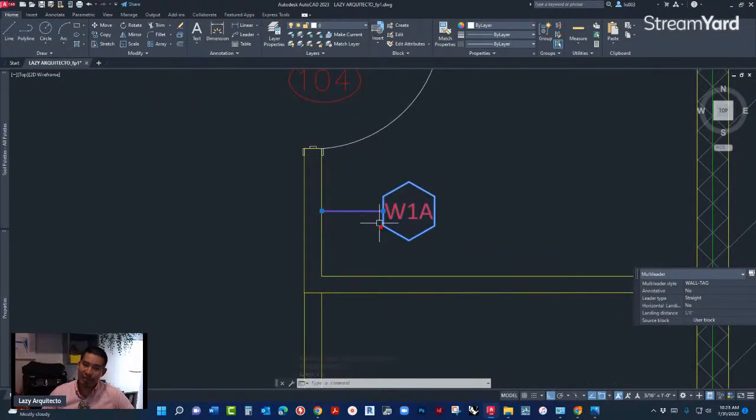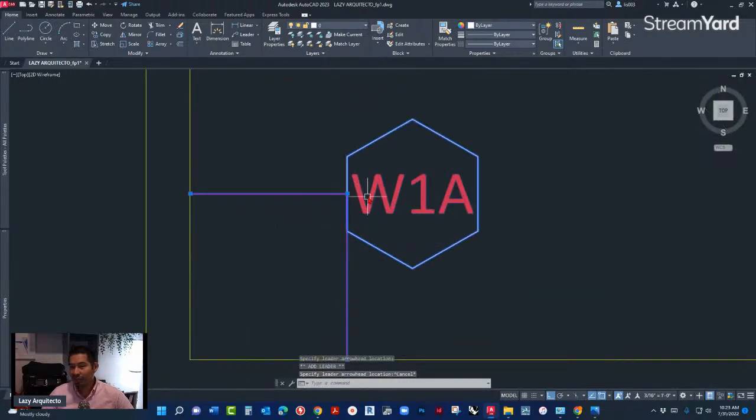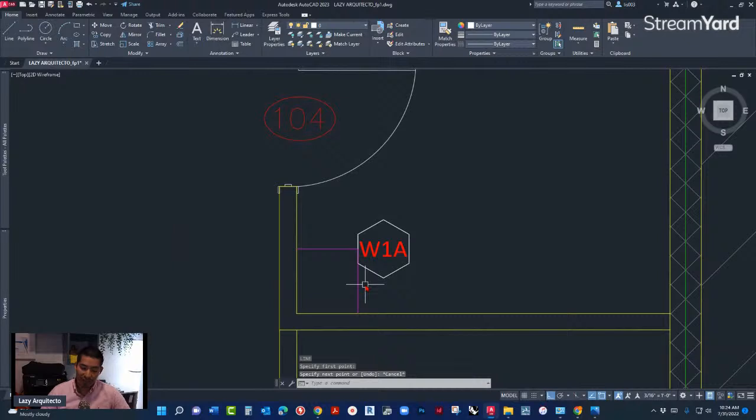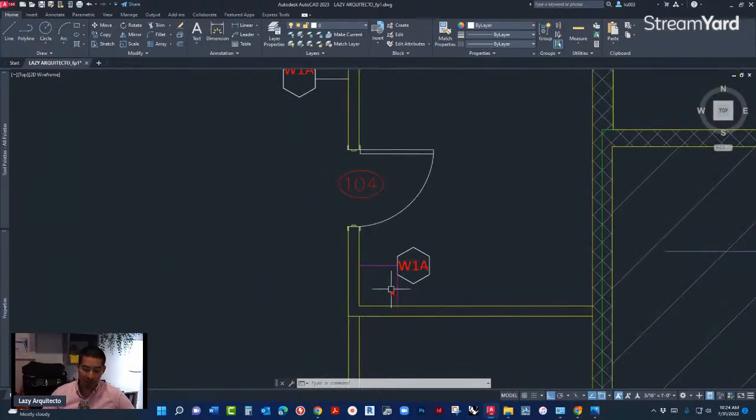However, there was another problem, whenever he needed to add another leader. So, for instance, if he needed to add a line over here to this other wall, he would have to add leader, right? And then point like so quickly. However, this didn't look right because this line is supposed to go from the middle, right? Like so. So that's the number 7 thing that we did, fix this issue. And the way we did it was opening,